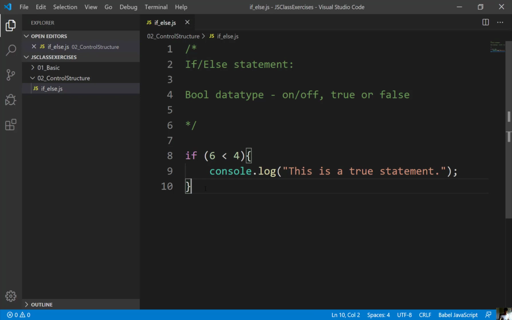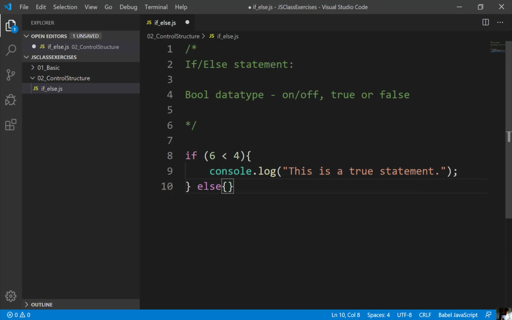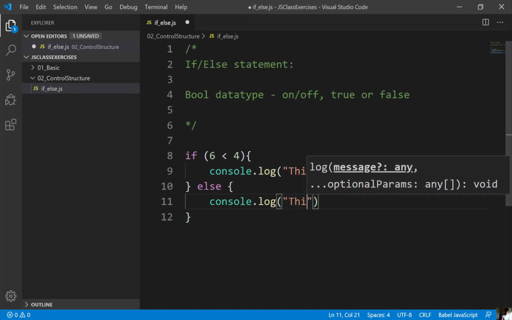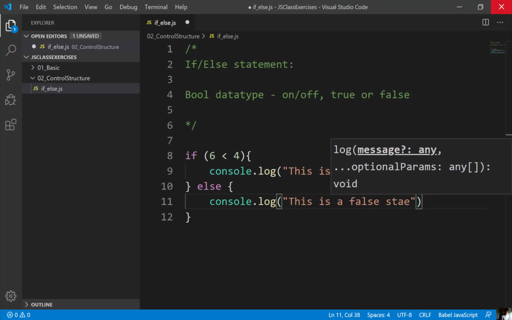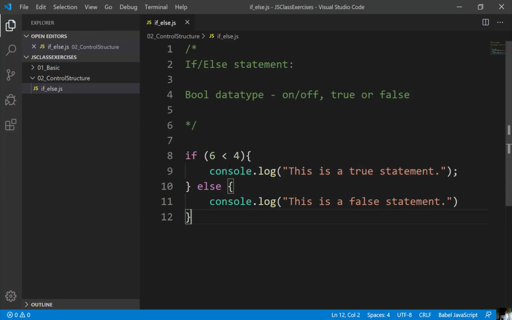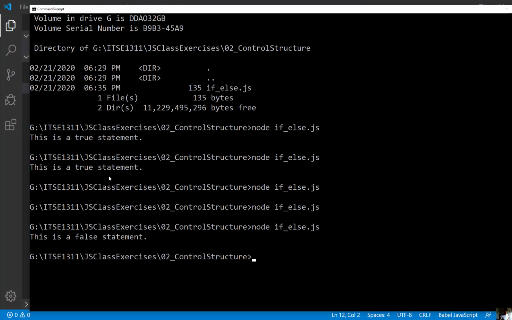So I can go in here and put in another statement that follows it, like an else, and I would also give it a block of code, right? So I could say console.log, this is a false statement, right? So if I did this, Control S saves it. This is a false statement that I'm testing. Let me run this again. As you can see, it comes out this is a false statement. Now